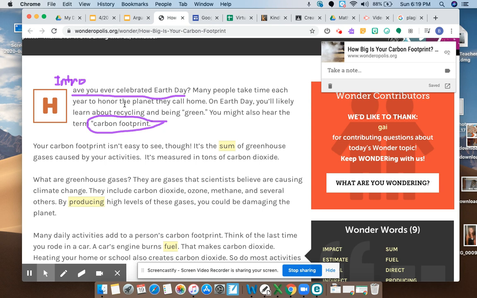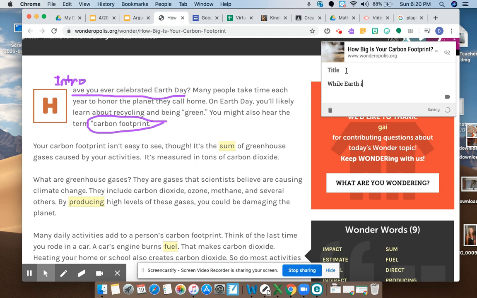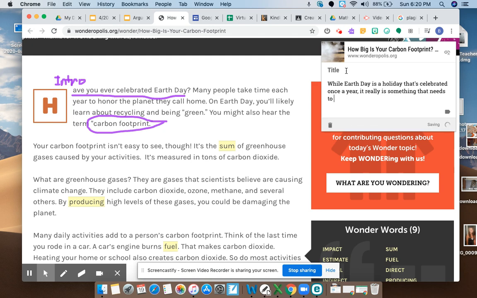And so here, I don't want to just say, oh yeah, have you ever celebrated Earth Day, and copy it right over here. Because again, I want to put this into my own words. So I might say, while Earth Day is a holiday that's celebrated once a year, it really is something that needs to be celebrated all year long. And so here, this is a little bit of my opinion, but already I'm showing